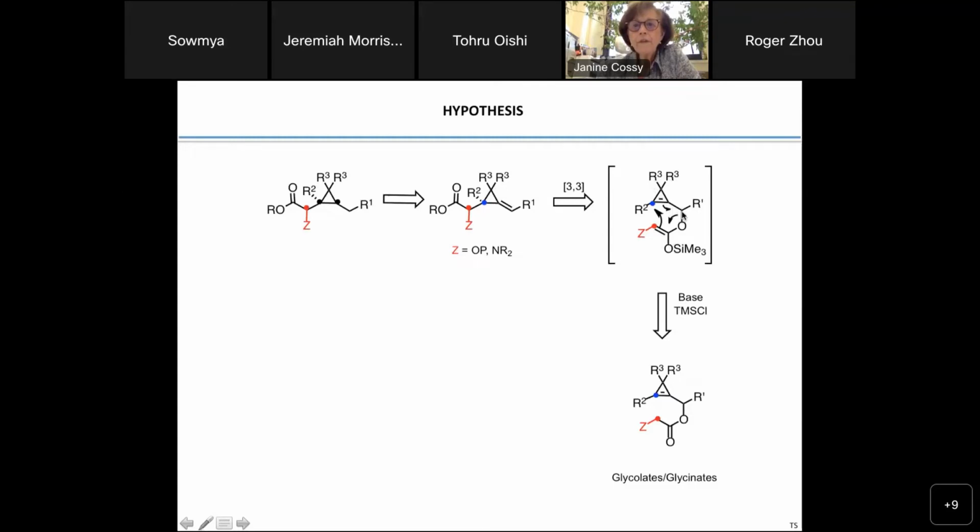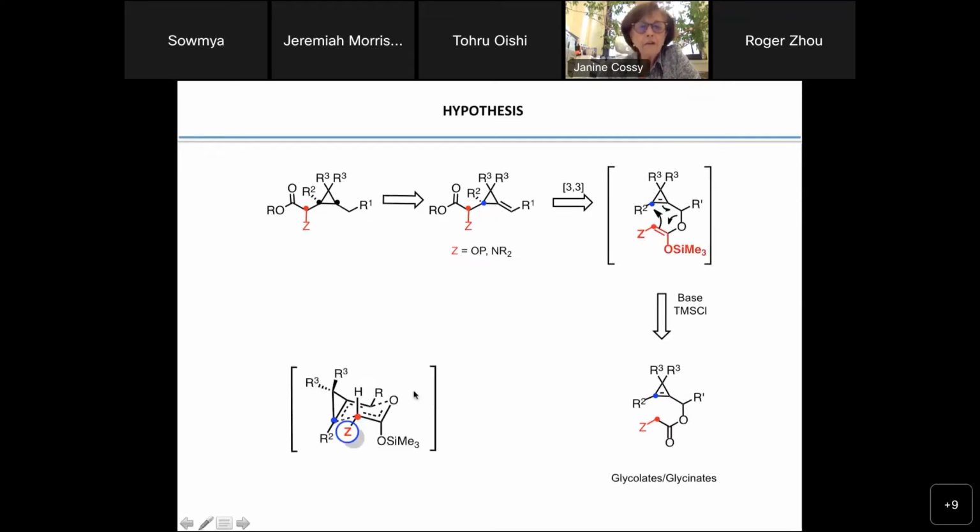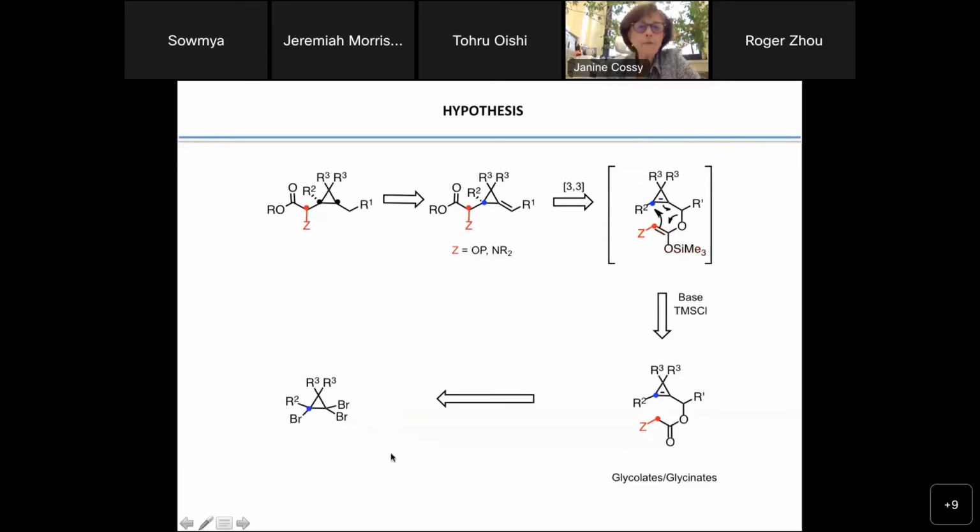And if you have control of the stereogenic center, probably you can control these 2 other stereogenic centers, because this 3,3 sigmatropic rearrangement goes through a chair transition state, which is represented in here. If you want to have very good control of the stereogenic centers, you have to control the stereoselectivity of the configuration of this double bond. So now, how can we synthesize this product? Well, from this glycolate or glycinate, which are represented in here. And this product should be obtained from this